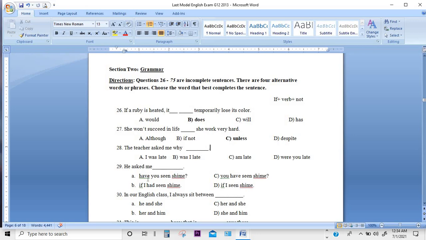So the teacher asked me why I was late. ሌላው እንደምትመለከቱት reporting the main verb in the reporting clause is past tense, asked የሚለው past ነው ስለዚህ የተናጋሪውን ቃል በጊዜ አንድ ስቴፕ ወደ ኋላ መውሰድ አለብን ማለት ነው